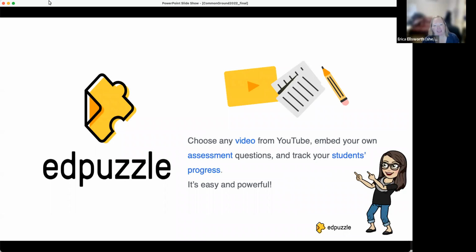How about Edpuzzle? I have to admit, when you included this one, I was like, I'm not sure, but I'm intrigued by it. Oh, Edpuzzle. Yeah, so love Edpuzzle. And I think the reason why I included this right after Screencast-O-Matic is because it also deals with video. So Edpuzzle, basically what Edpuzzle allows you to do is you can take a video from YouTube,